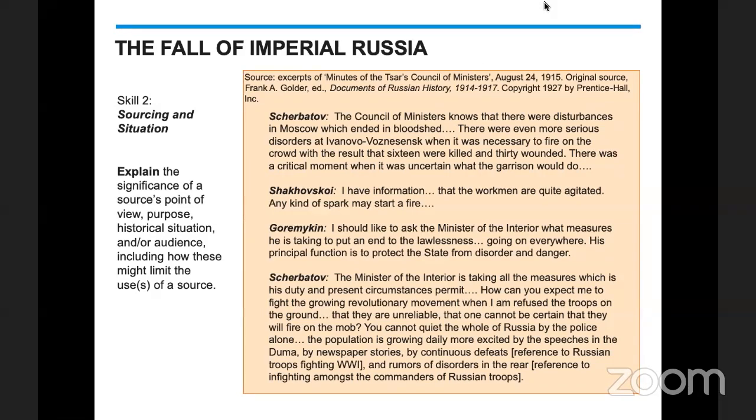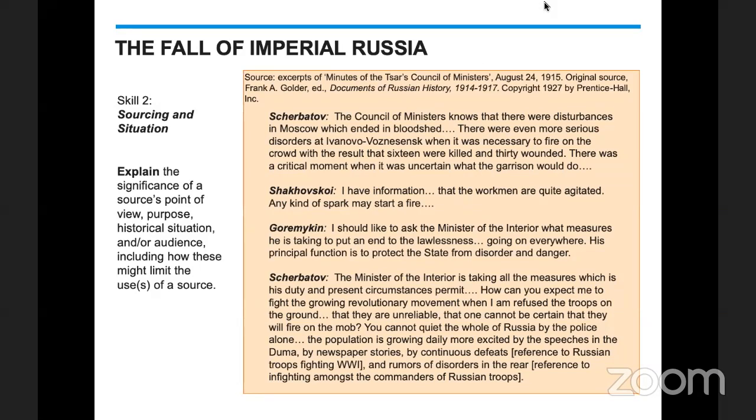So we have this excerpt from the Minister of the Tsar's Council, like a year into this. And so if you were to source this, and sourcing it on its own here is weird, isn't it? But let's think that we know that there's a revolution coming, right? We know the end of that story. In 1917, there's a Russian Revolution. In 1914, we've got Russia involved in this war. This is 1915, and you can see the ministers concerned about what's going on in the government and in these cities.